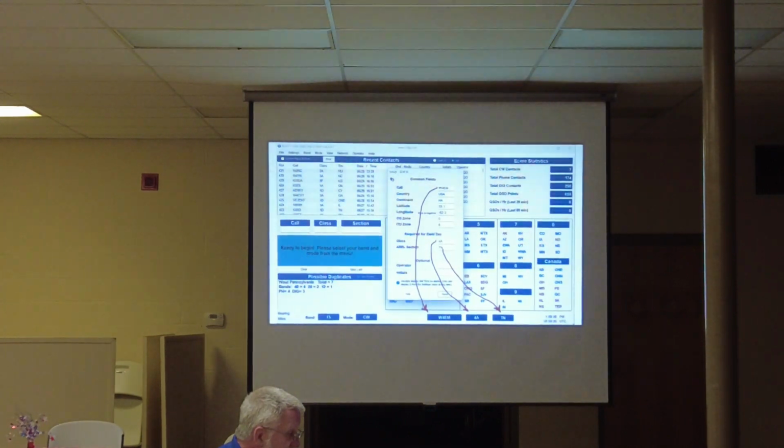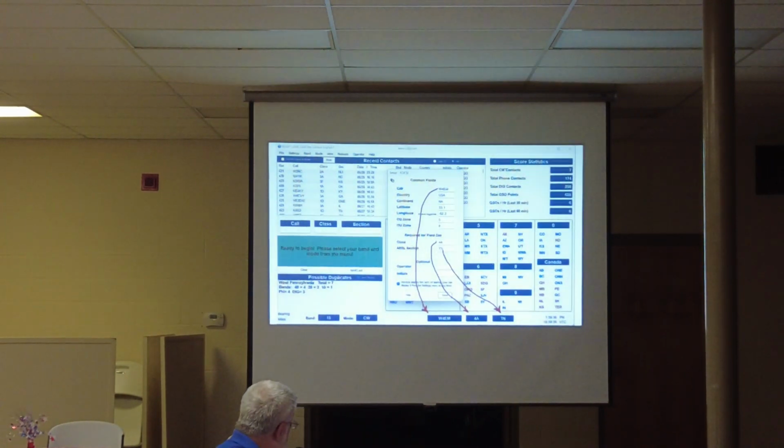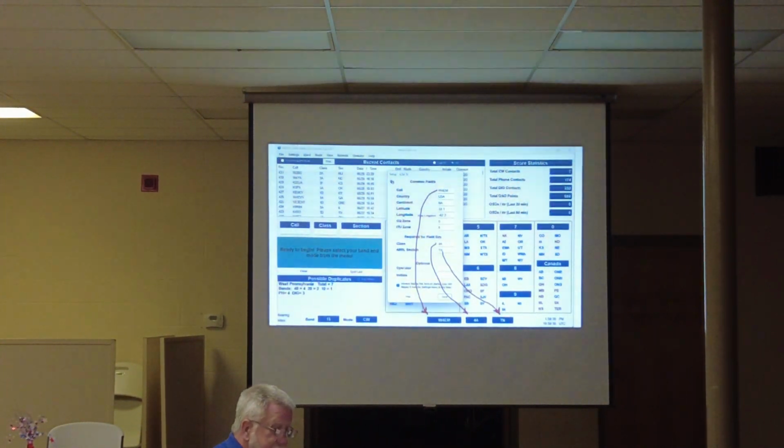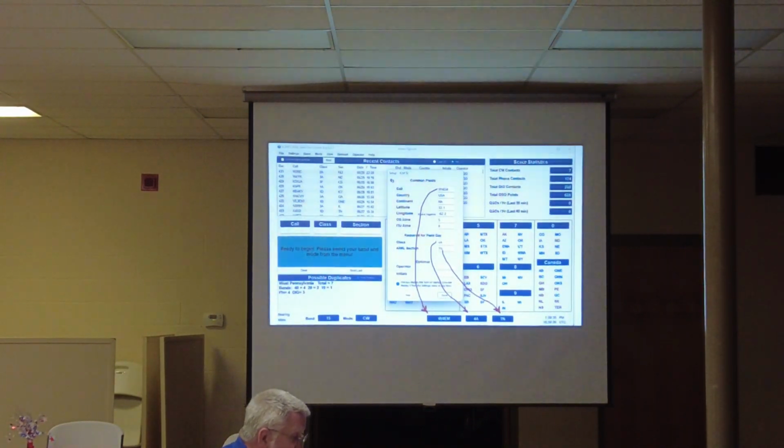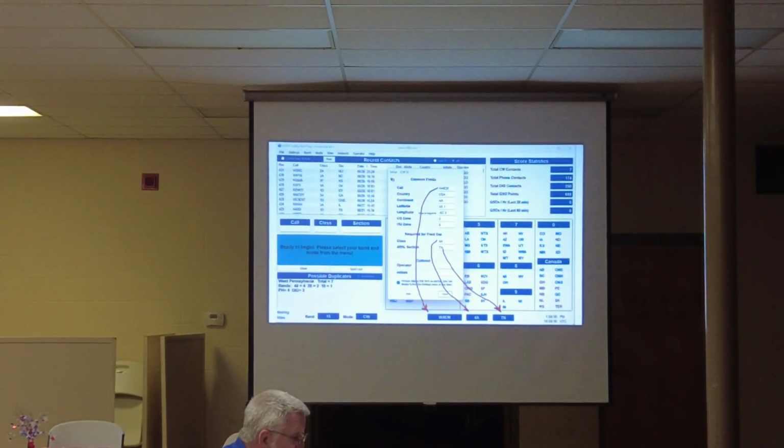But the nice thing is, when you put it in, down here at the bottom is where it shows on the screen all the time, so that when you're working the station, when we're getting back your response, it's right here in front of you, just read it back. Joe normally has some cards for us too that we can put in front of us. The main thing is you're going to put in the call. You put in the call, I think it automatically fills in this other information as far as the zones and coordinates and all that. We put in our class, and the section would be